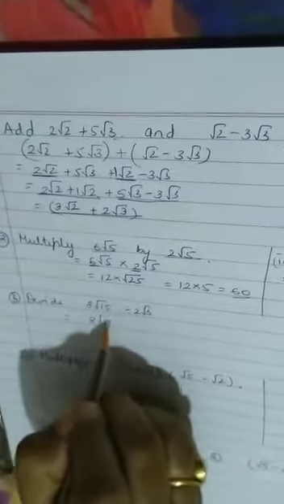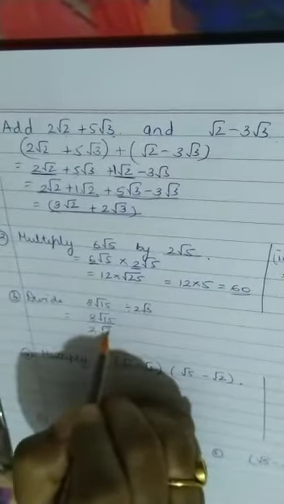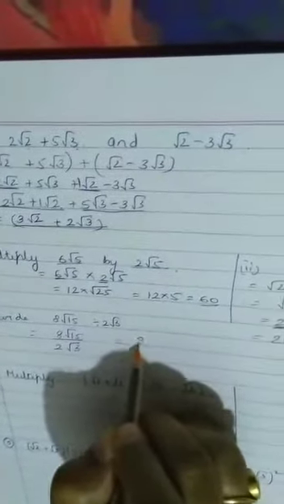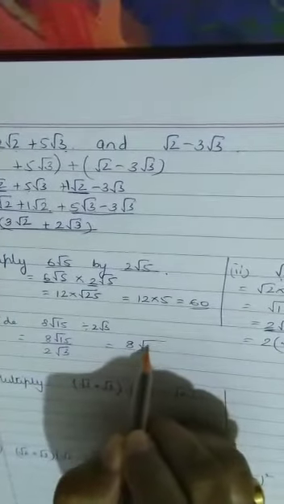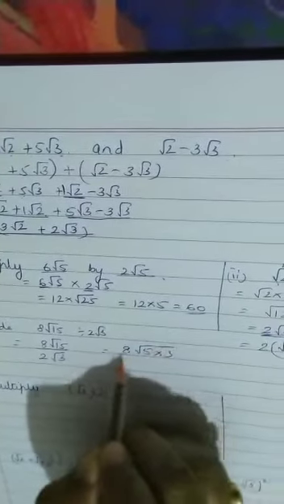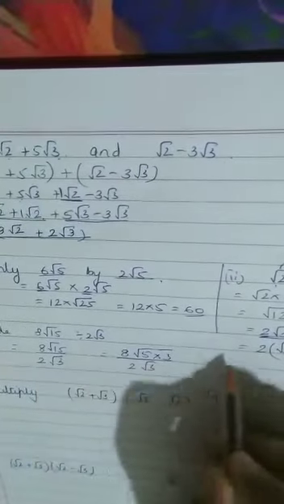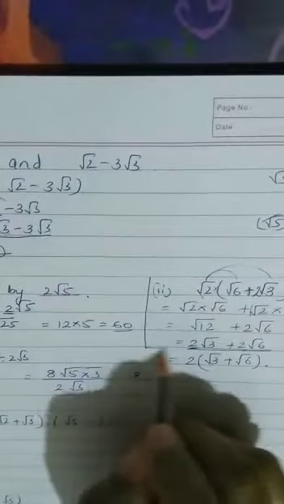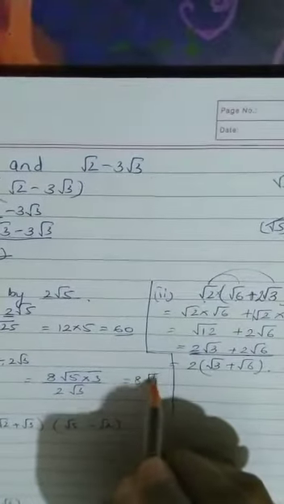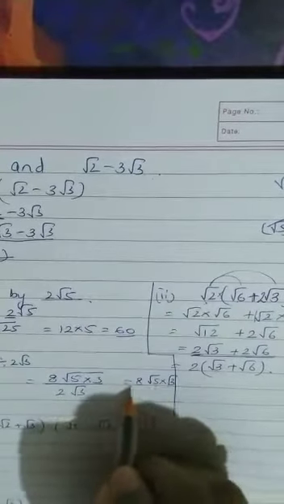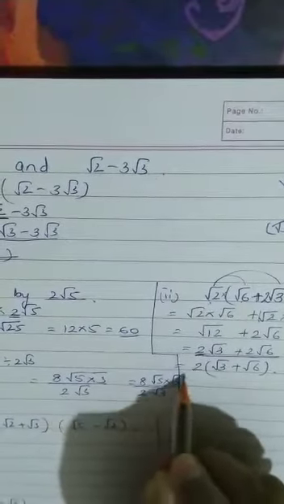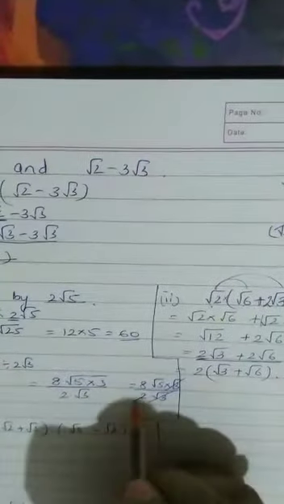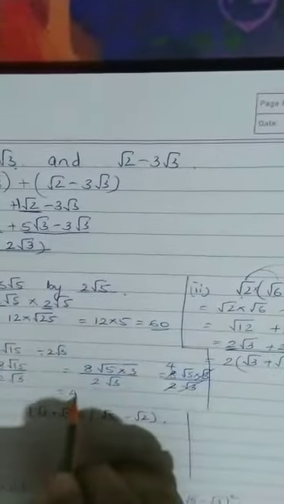Let's see an example where we are dividing. I have root 15 upon 2 root 3. Can I write this as root 15 as 5 into 3 upon 2 root 3, which I'll write as root 5 into root 3 upon 2 root 3. So I have root 3 cancels. 2 1s are 4s are. So my answer is 4 root 5.